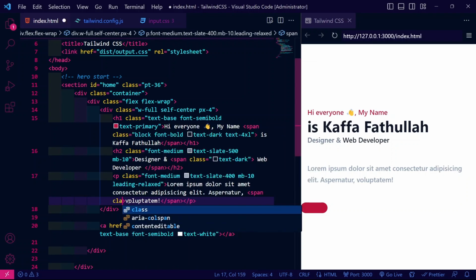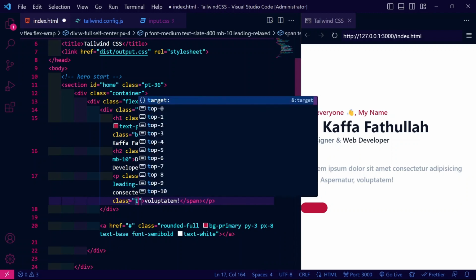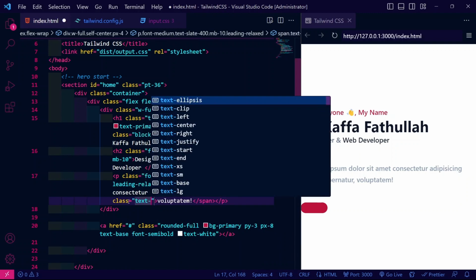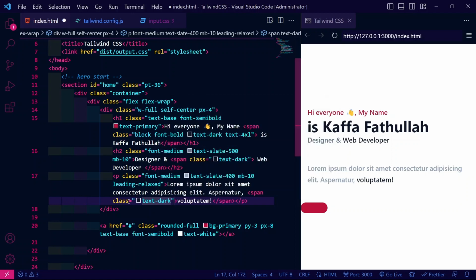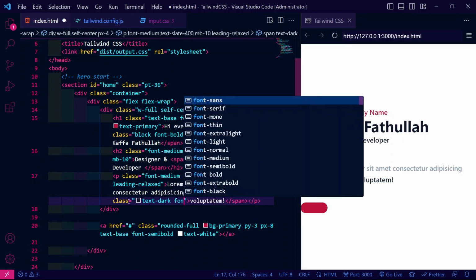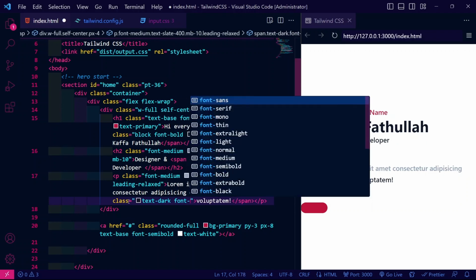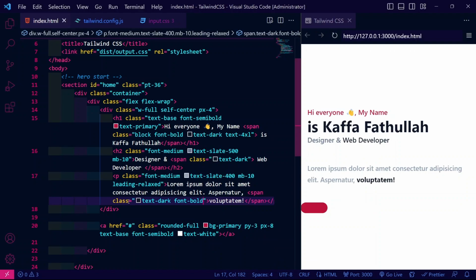Give the class text dark as well, and then the font is gonna be, oh sorry, font is gonna be bold. Okay,